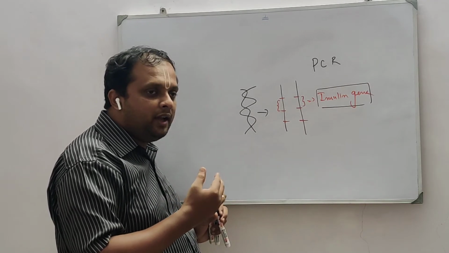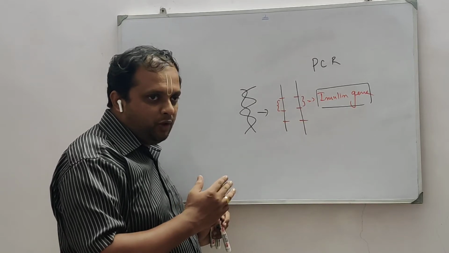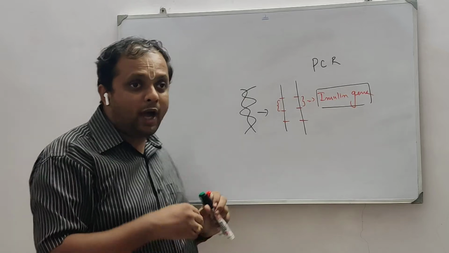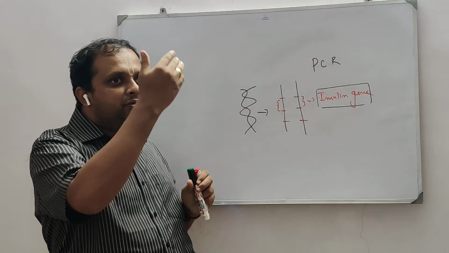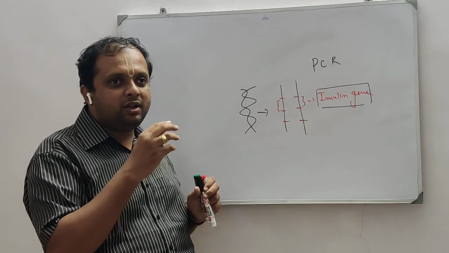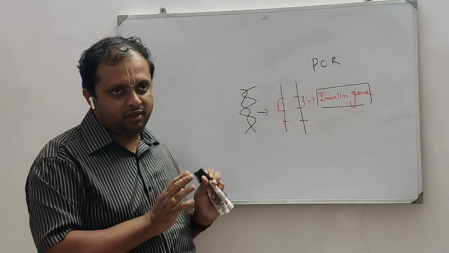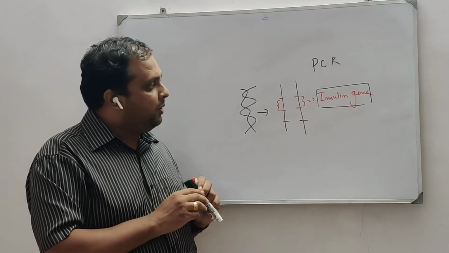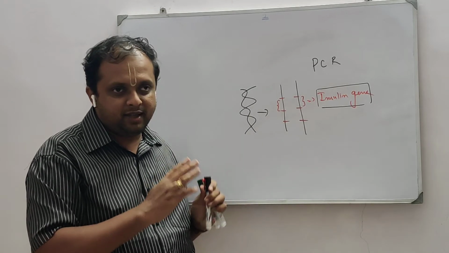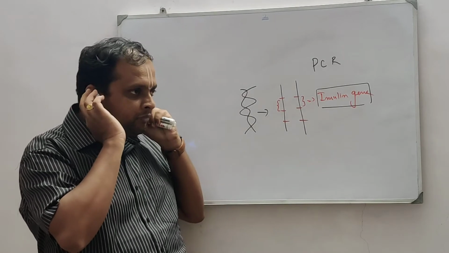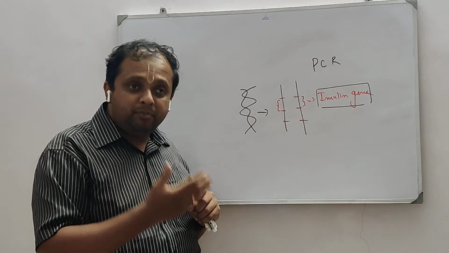How to get the DNA was part of the discussion in the last video. So you have a separate video on how to isolate DNA from the cell. From the isolated DNA, you have many genes, of which the gene of interest here is the insulin gene. So how do we get that? We will discuss it through PCR. I hope the motto of PCR is quite clear to you. PCR does have many other applications.